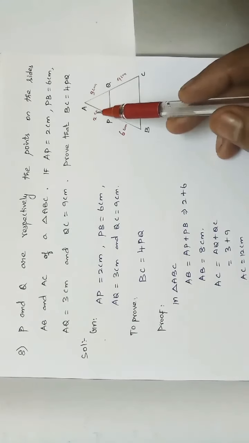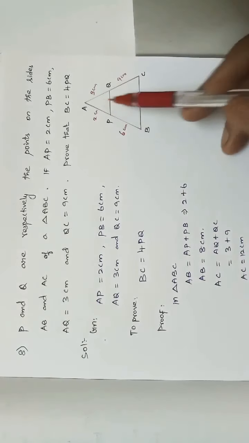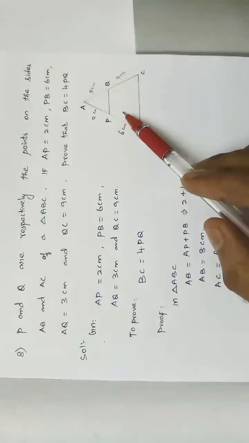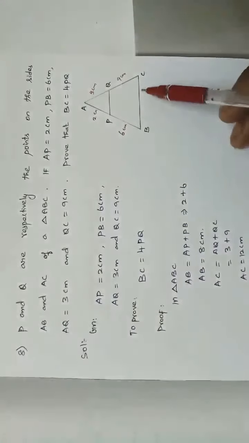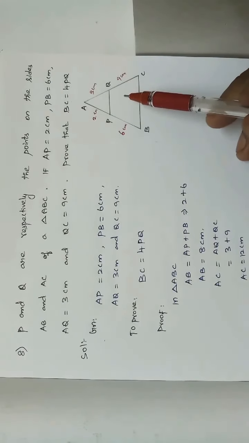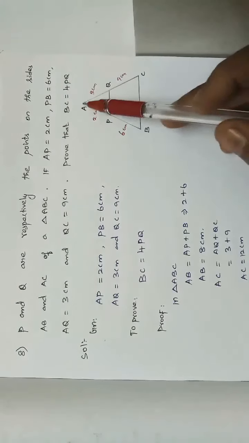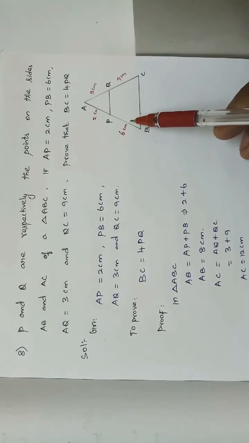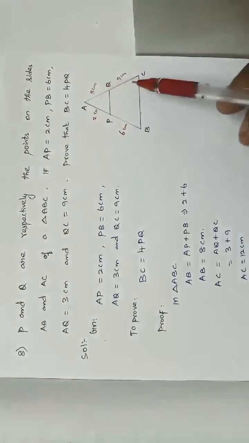See, we are having the measurements 2 centimeter, 6 centimeter, 3 centimeter and 9 centimeter. We have two triangles APQ and ABC, and I'm going to prove that these two triangles are similar. How am I going to prove that? Is there anything given, like PQ is parallel to BC, or any other angles? Nothing is there. Only angle A is common to both triangle APQ and triangle ABC. Any other angles equal? No, we don't have. But they have given the measurements, 2 centimeter, 6 centimeter, 3 centimeter and 9 centimeter.